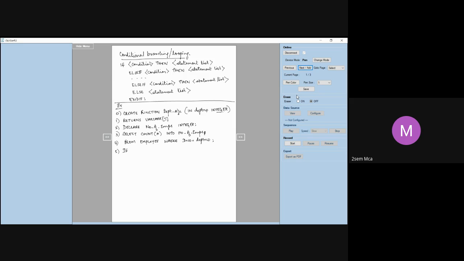Now, I will make use of a condition. If my local variable, number of EMPs, is greater than 100, then statement list, is it not? This is a function, so it can return a value. I have declared the return type as varchar, correct? I will write it as huge. I will explain this again to you, don't worry. Else if number of employees is 25, then I will return large.